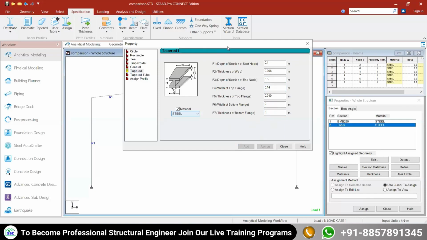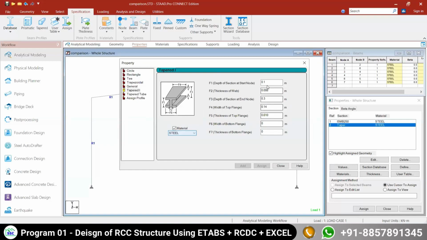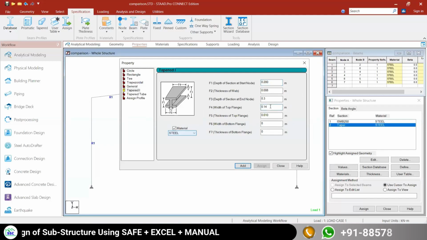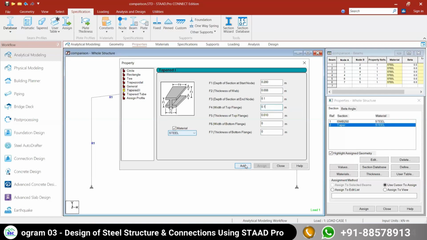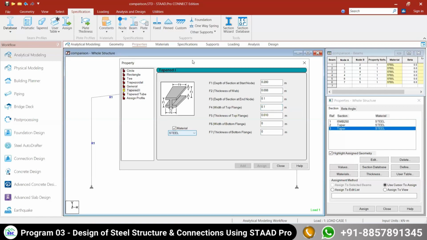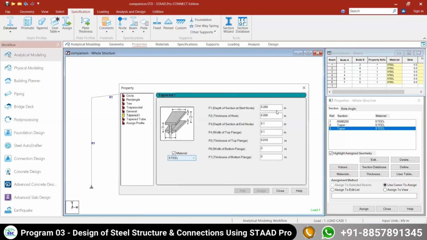Similarly, I want to add for my rafter. For my rafter, I want to start it with 280 and end it with 100. And I want to give the width of my top flange as 100. Okay, I'll say add the other rafter. This rafter again I'll have to change. I will start it with